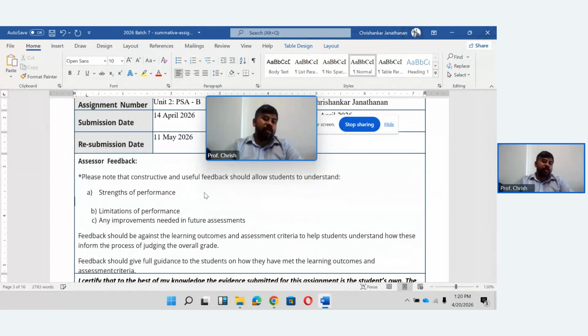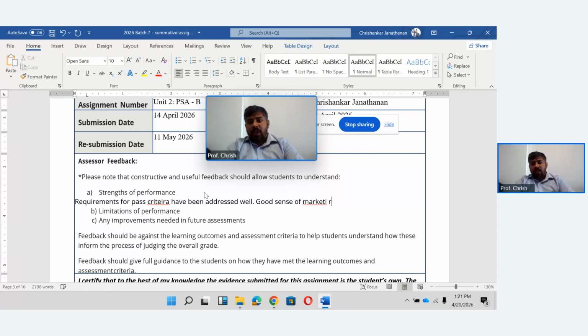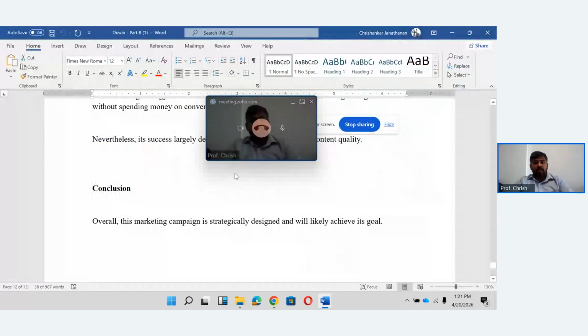Strength of his performance is requirements for pass criteria have been addressed well. A good sense of market research. I can understand that you have done this entire document without any market research.